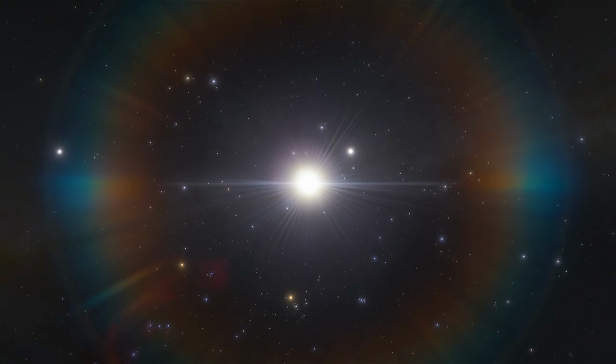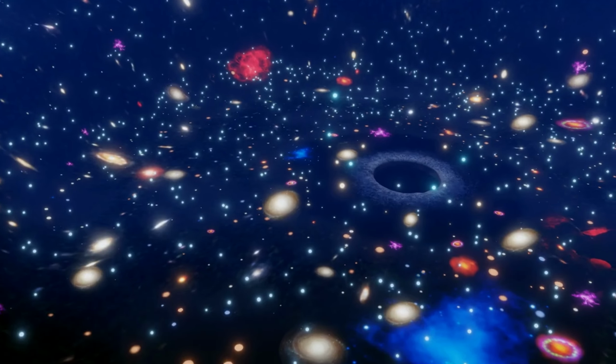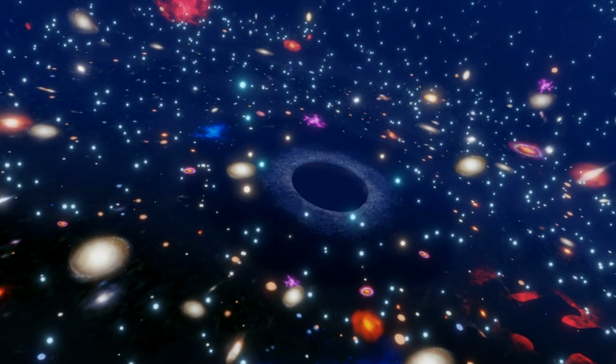The search for understanding is a mirror, reflecting our deepest aspirations, fears, and hopes. The more we learn about the universe, the more we realize that its vastness is not a barrier, but an inspiration, a reminder that we are part of something greater than ourselves. The Big Bang is not just a moment in time. It is a promise that creation is ongoing, that the universe is alive with potential, and that our journey is only beginning. It is a testament to the resilience of life, the power of connection, and the boundless possibilities of existence.